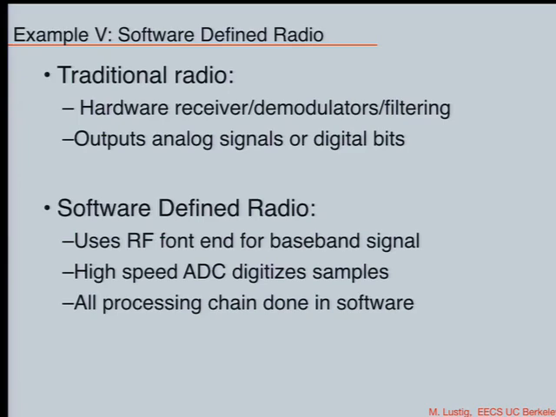Software-defined radio is different. You just have a front end which performs some analog filtering, low pass, band pass type of filtering. Maybe it brings the signal to a lower frequency, but not even necessarily that. And then you've got a super fast, high dynamic range analog to digital converter that makes samples at ridiculously fast rates, like 256 megahertz. That's a lot, right?